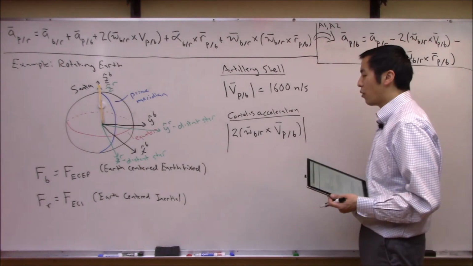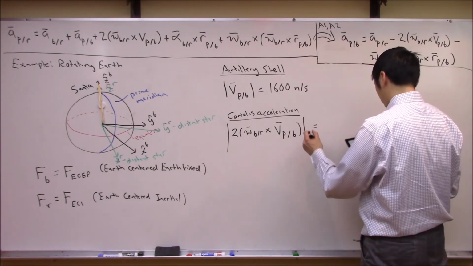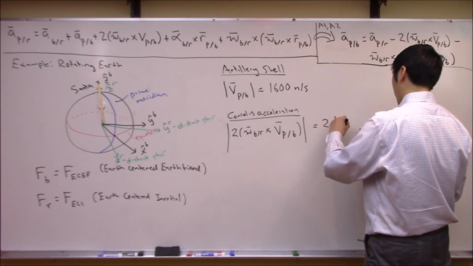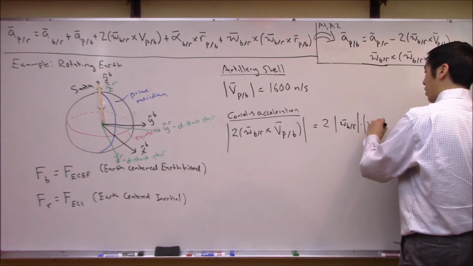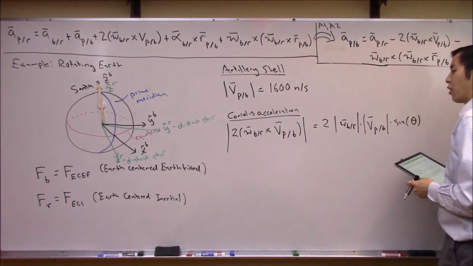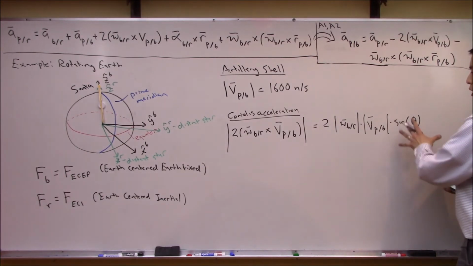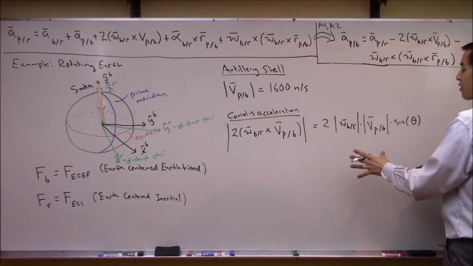Just by knowing how a cross product operates, we know this is going to be 2 times the magnitude of omega B with respect to R times the magnitude of VP with respect to B times sine of theta, where theta is the angle between the two. So we know that in order to maximize this,